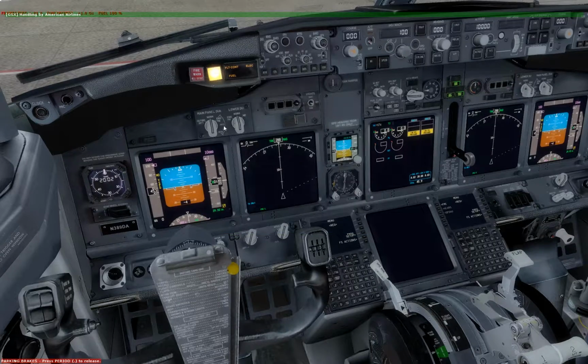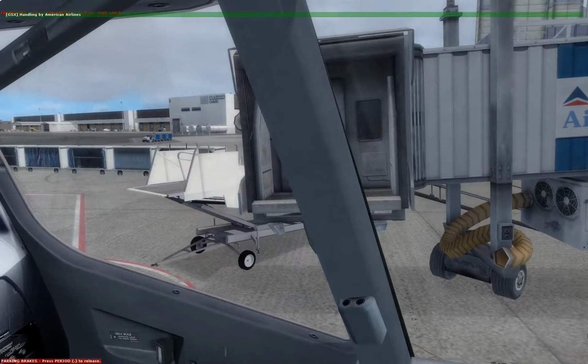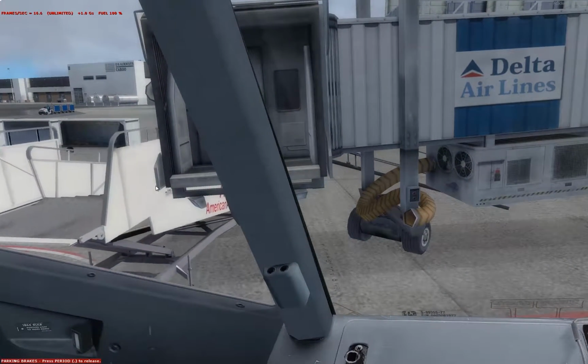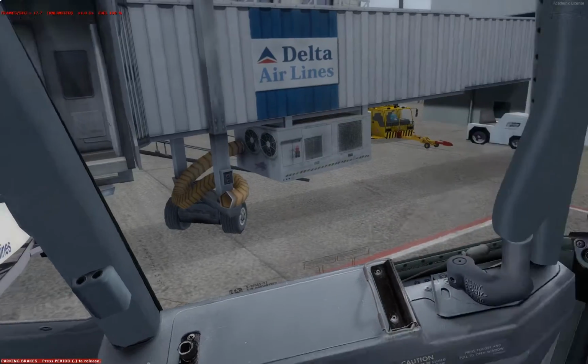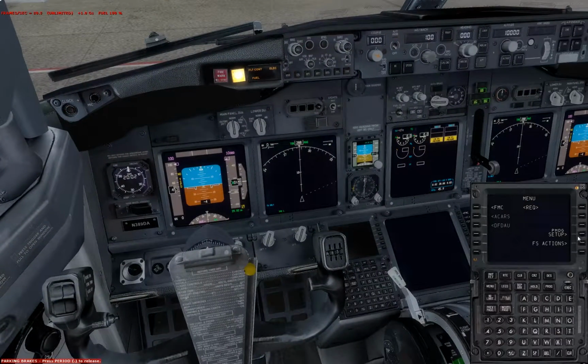Yep. So it will load the passengers for me, handling by American Airlines. Thank you. So ignore the jetway. It's going to collide, because I cannot get the jetway to move. It's a Flight Tampa thing. So, okay,